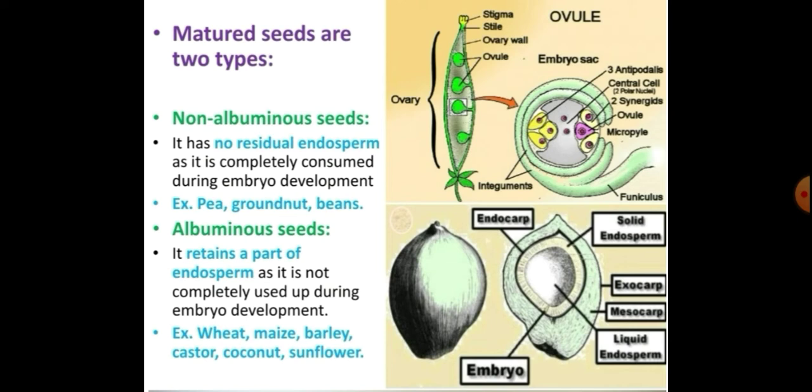Usually monocots, though here you will see the dicot type too. Here you can see the section of the coconut, where you have the endosperm in two forms, solid endosperm and liquid endosperm. I told you about this in detail during the development of the endosperm, the coconut structure, what the solid endosperm is and what the liquid endosperm is. Here you can see the endosperm is retained in the fruit, I mean a seed here. This is the example.